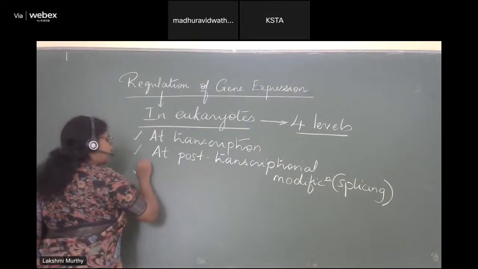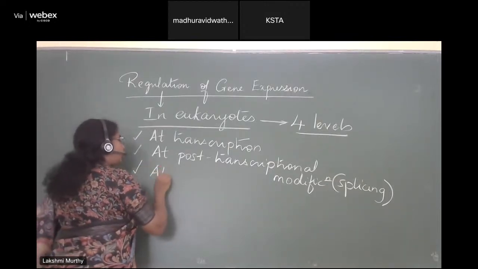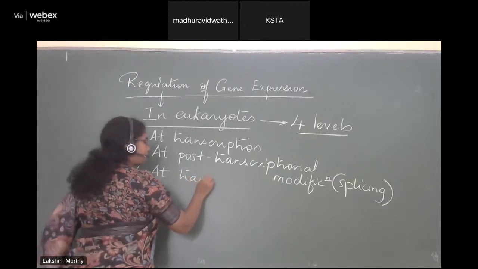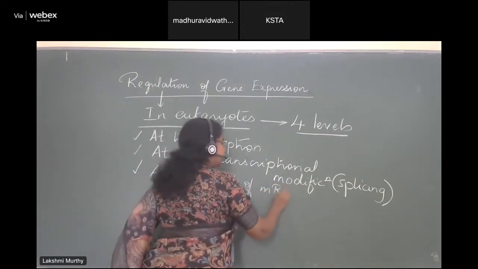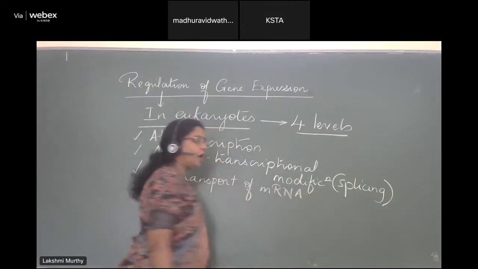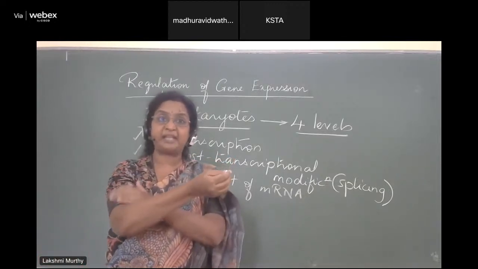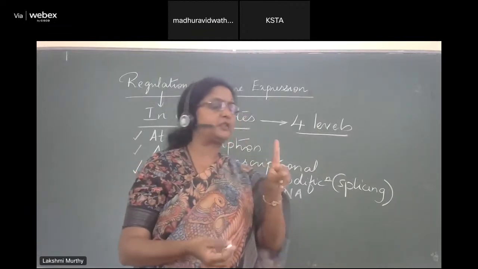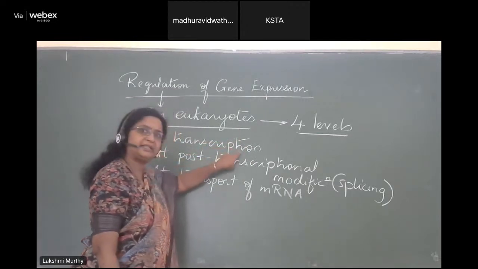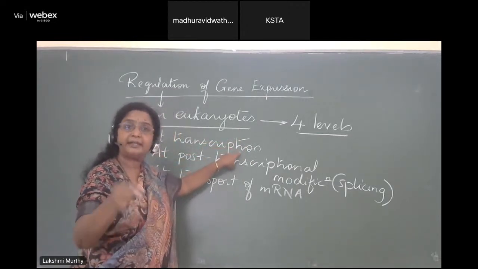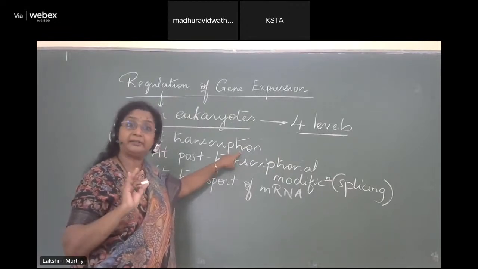What other level can you control it in? You can control it at the transport of mRNA. Okay, again to take an example. Let us say I take an example of your biceps cells, skeletal muscle cells. So biceps also does not want to make hemoglobin. So what will it do? It is unable to control at this level. So alpha globin chain HNRNA is produced out of it. Beta globin chain HNRNA is produced out of it.